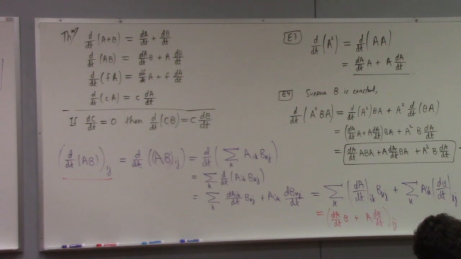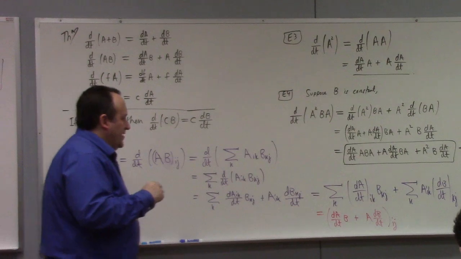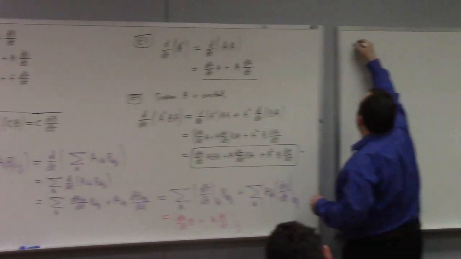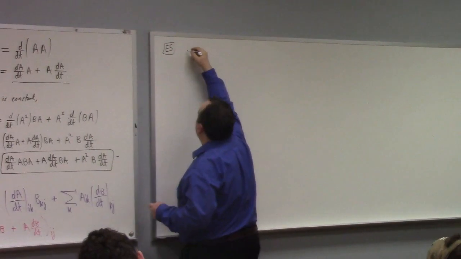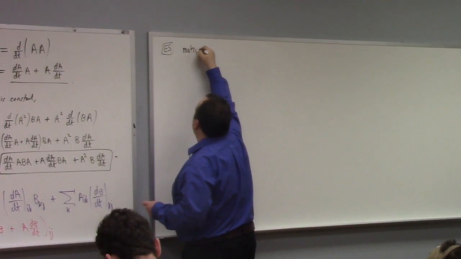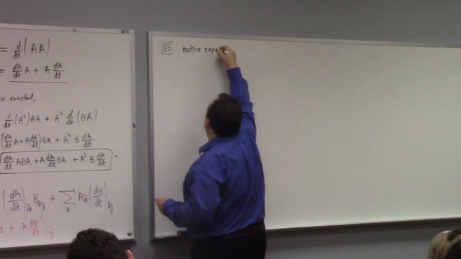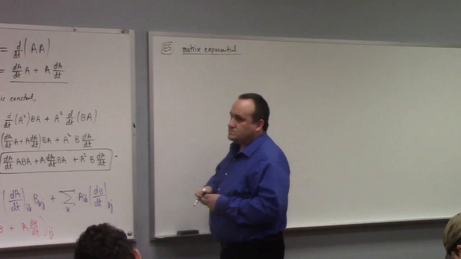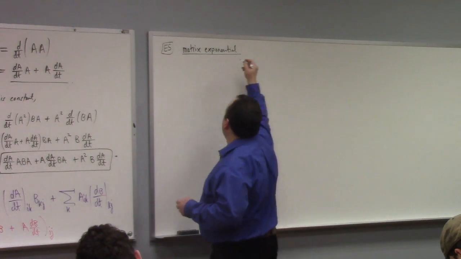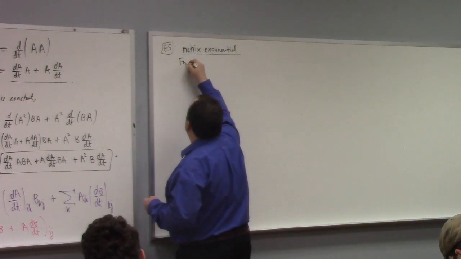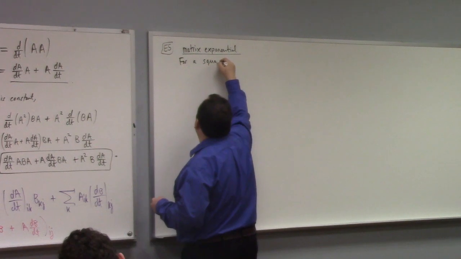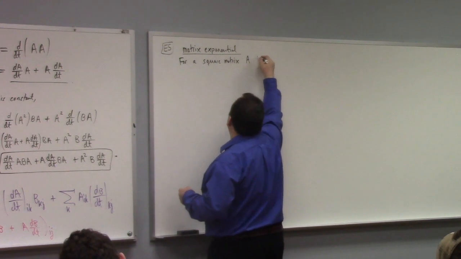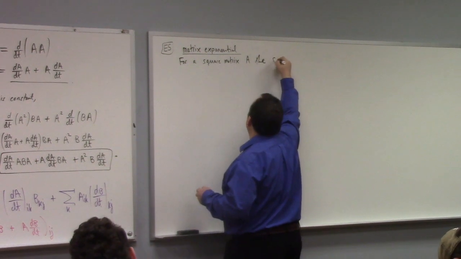Another thing I should show you guys, I wasn't planning this beforehand, but I think it would be good for me to show you this now. Example 5, something called the matrix exponential. What is the matrix exponential? So for a square matrix A, the series